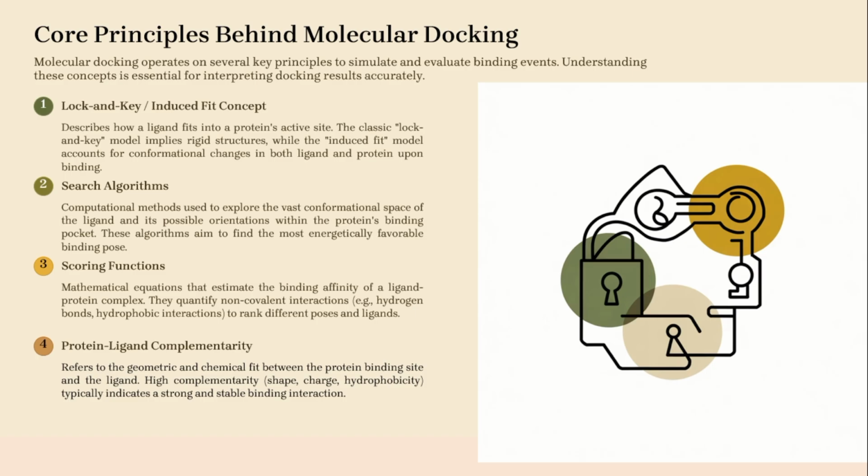When using tools like AutoDock Vina, the scoring function gives a value like minus 6.0 kilocalories per mole or minus 7.5 kilocalories per mole. Lower is stronger binding, so minus 7.5 is stronger than minus 7.0 kilocalories per mole. That was the example. So the core principles are the lock-and-key or induced fit concept, the search algorithm, the scoring function, and protein-ligand complementarity. So moving next,